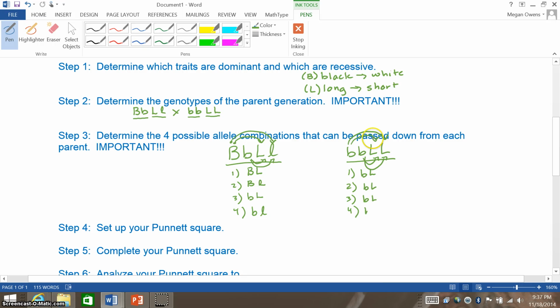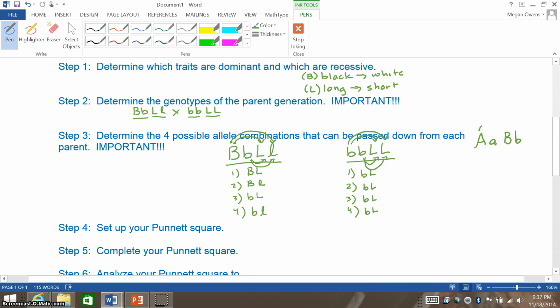All that's possible for this parent to pass down is a lowercase b, it has no other option to pass down, and a capital L. This step is very important. In case you missed what I did,